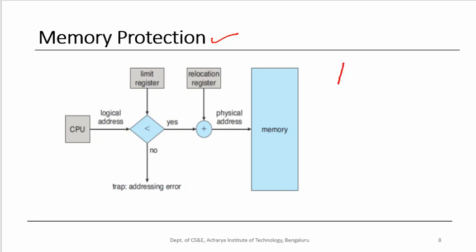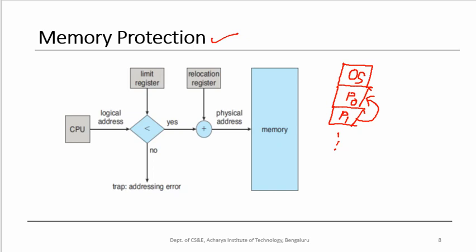What is memory protection? Here, no process should be allowed to access code or data of some other process. In the memory, the OS permanently resides in the lower part of the memory, and the remaining part of the memory is given for the user processes P0, P1 and so on, and no process is allowed to touch the code or the data of some other process or the operating system. So ensuring this is called memory protection.